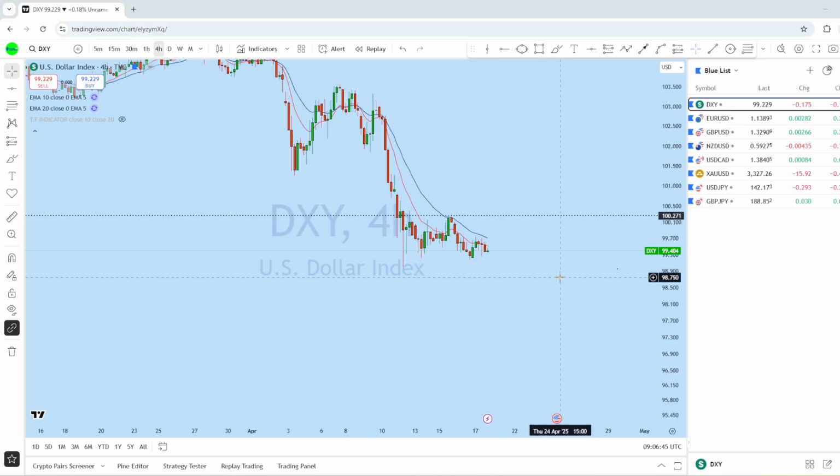And with that DXY analysis, we can also look at EURUSD, British pound US dollar, NZDUSD and USDCAD, and also XAUUSD, currently trending very aggressively. We also will be looking in depth at how we can find trading opportunities throughout the week, including dollar yen